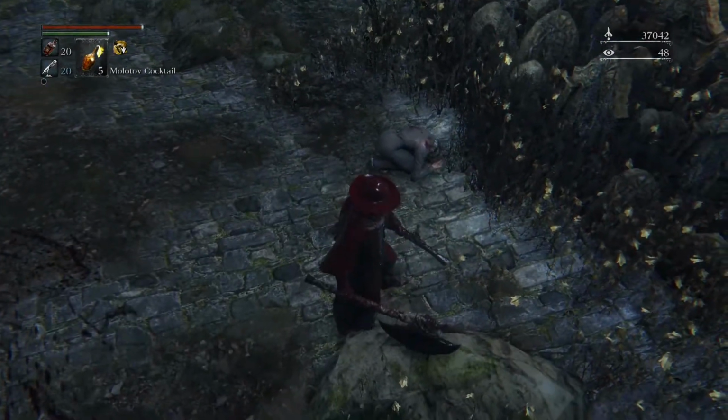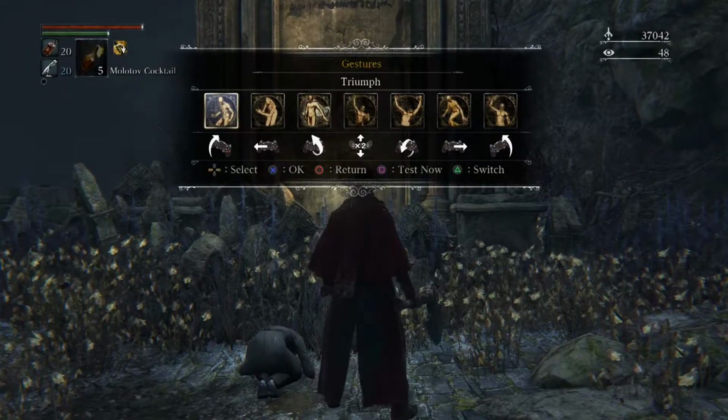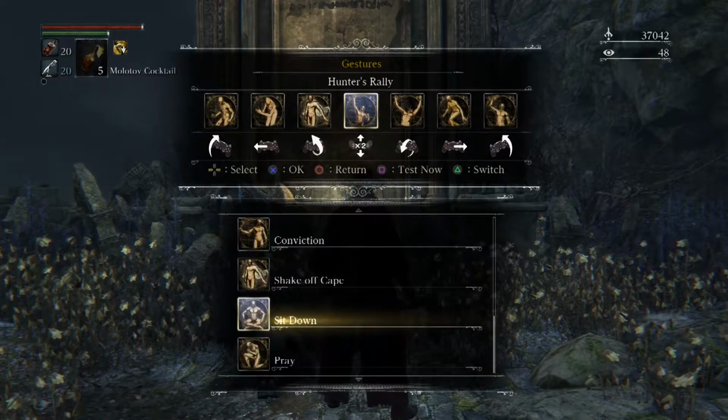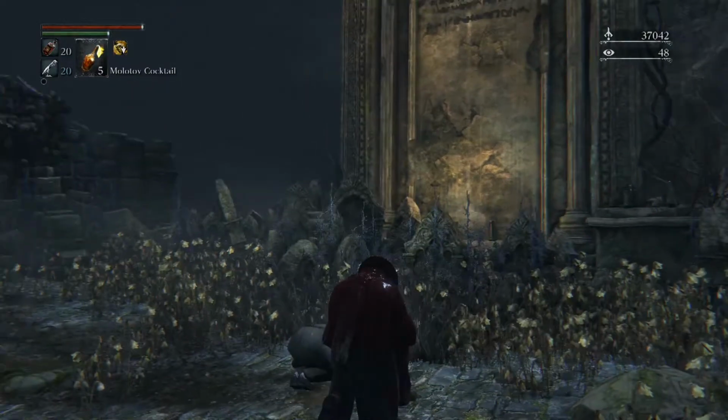Also, the minute you enter Byrgenwerth, one of the first monsters you meet, they kind of throw at you before you even get to the first lamp. I think they do that because they want to kill you, maybe. I don't know, but it seems that they throw a monster. Basically, it looks like a fly,